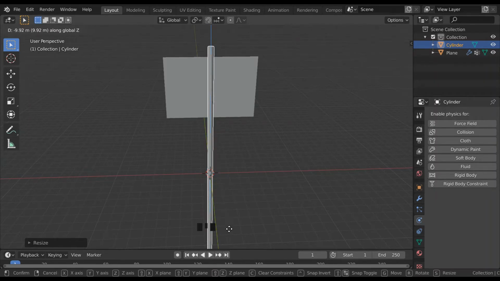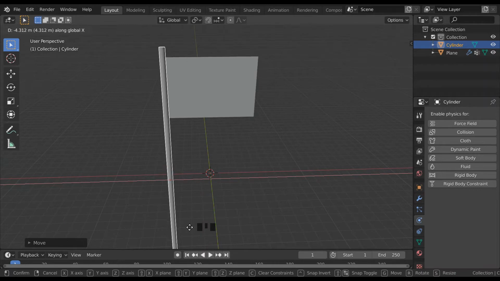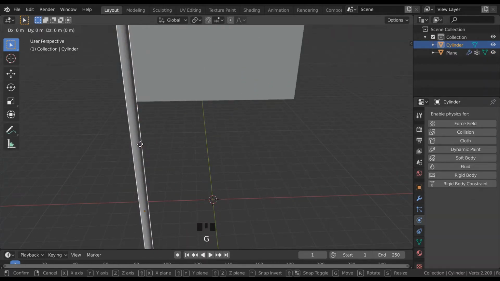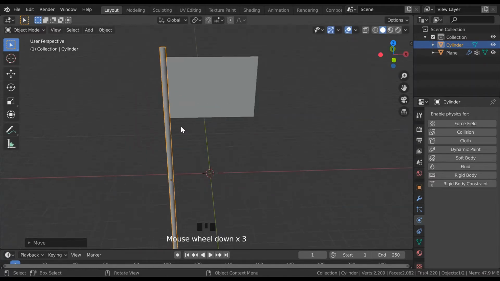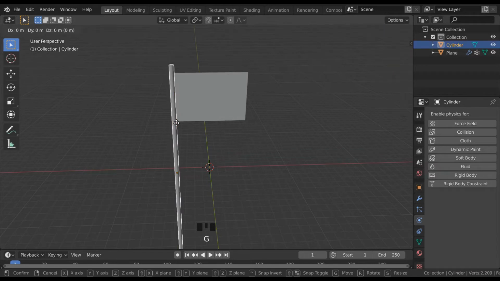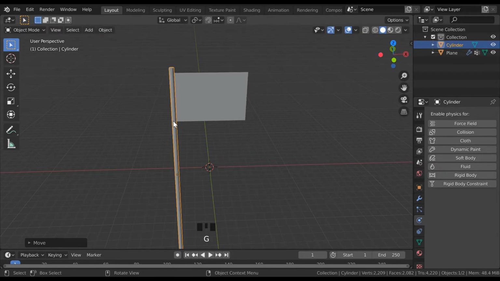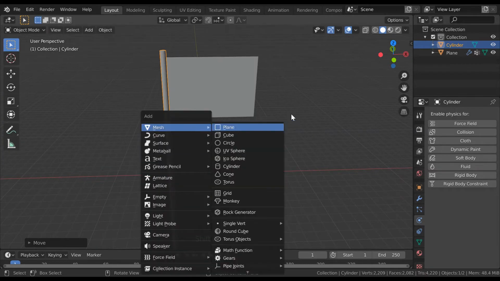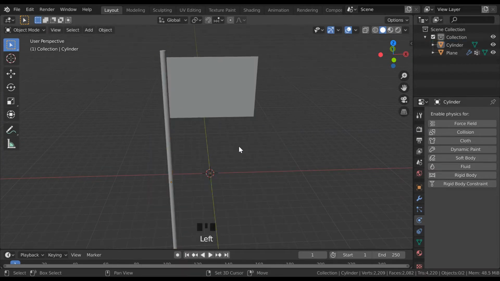Then grab, scale, move it on the x axis, scale it again, move it again. So let's take it down a little bit. I think it's a little bit longer, but anyways,